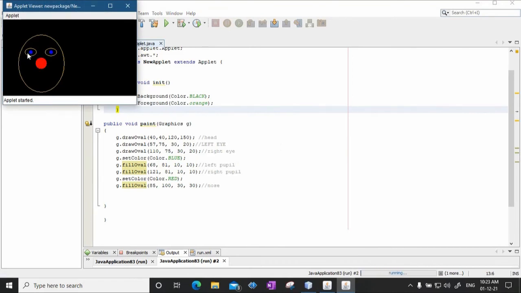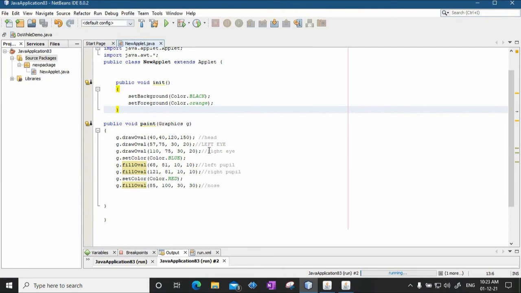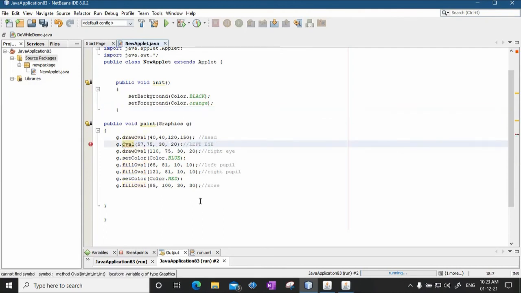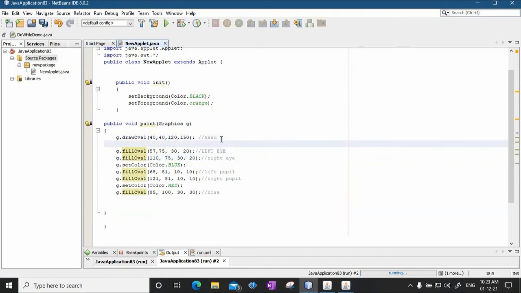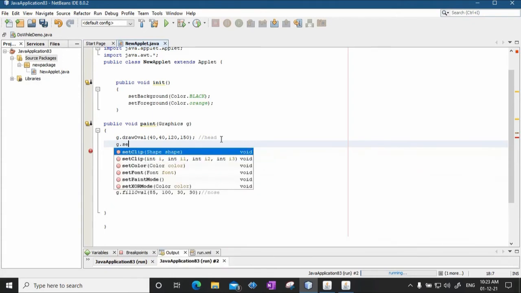Similarly, these eyes, the two eyes, the background color has appeared inside. So for left and right eye, instead of draw oval, we could just say fill oval. Here also you can say fill oval. Okay, and the color to fill will be G dot set color.